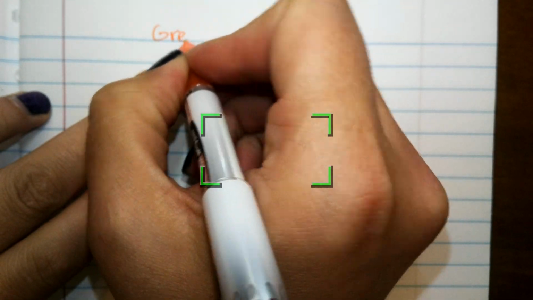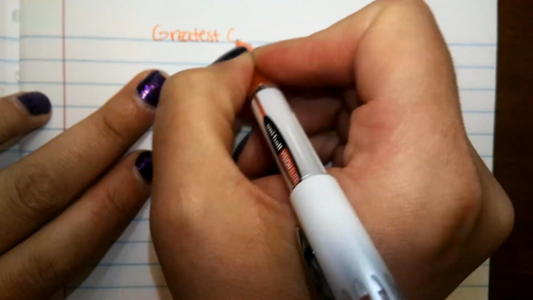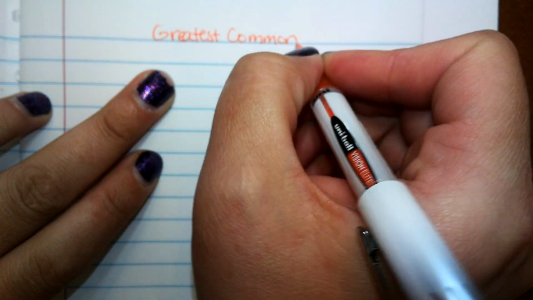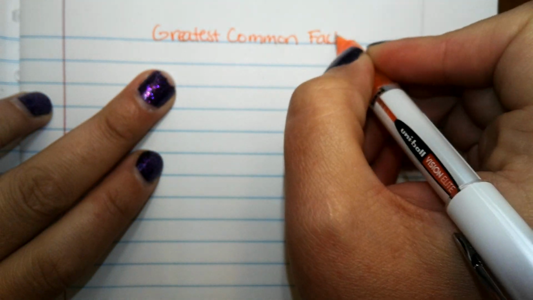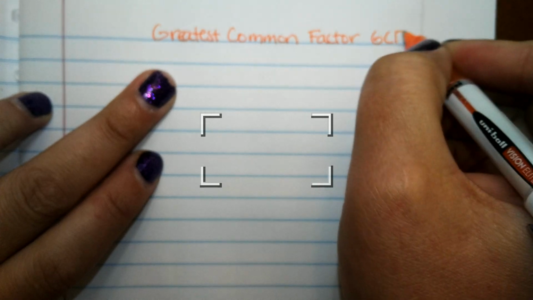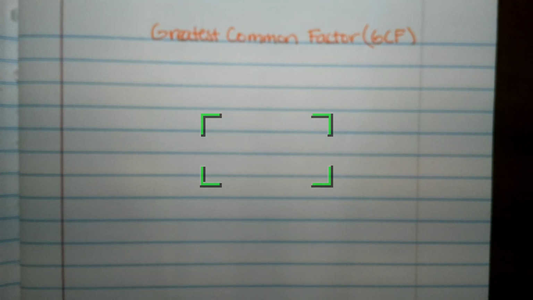The first thing we're going to do is factor out our GCF, which is our greatest common factor. That's our biggest number that goes into everything, our GCF. Okay, so let's start off with a fairly easy one. And let's go